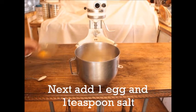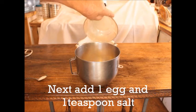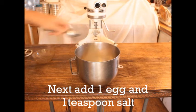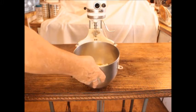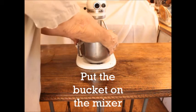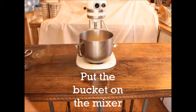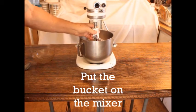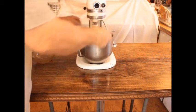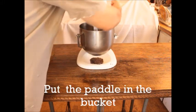Next we add 1 egg, teaspoon of salt. Place the bucket on the mixer, put the paddle in the bucket, raise it,